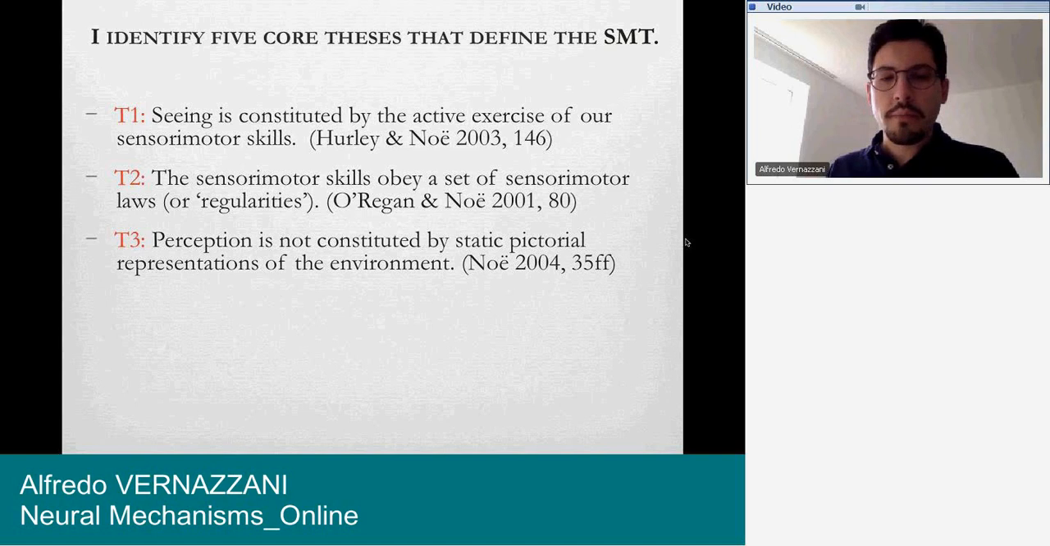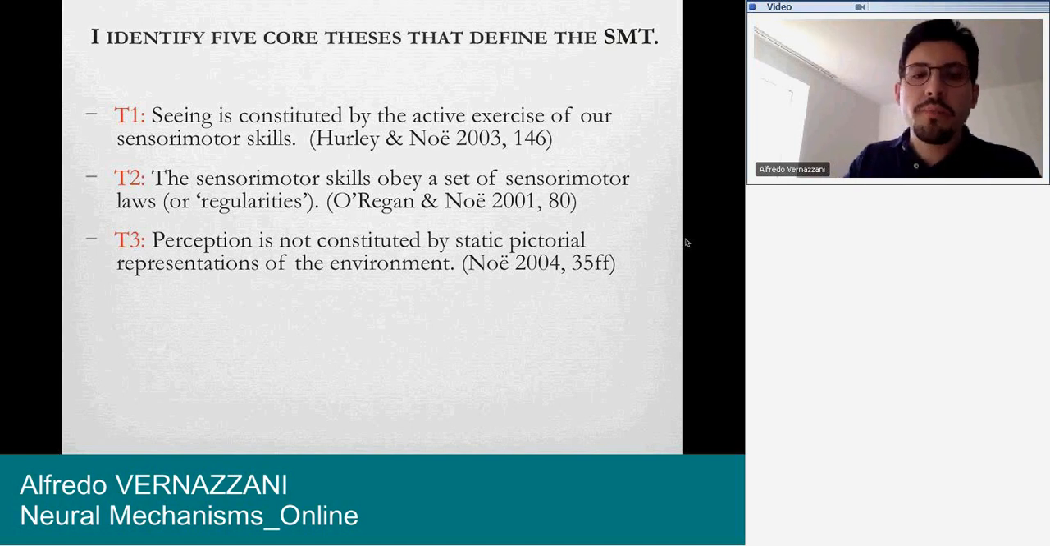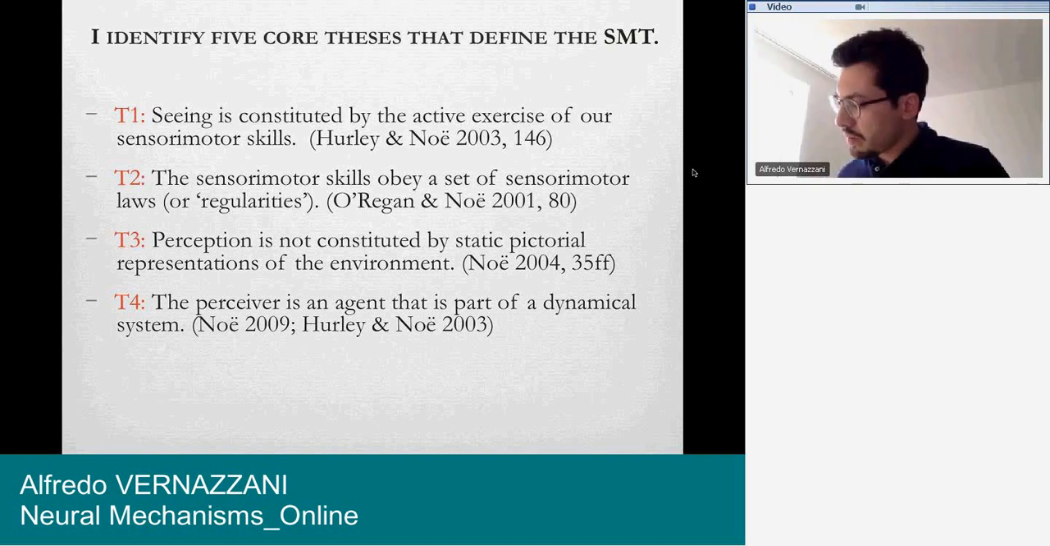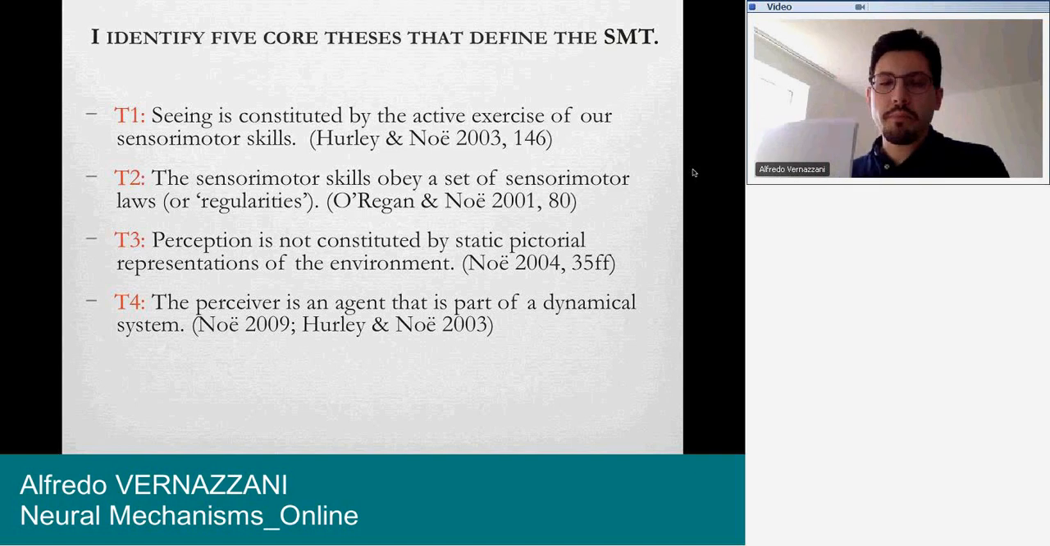This claim might be controversial and will be one of the central parts of the discussions afterwards about the role of representations in the sensorimotor theory. The fourth thesis says that the perceiver is an agent that is part of a dynamical system. Actually, in many publications, Alva Noë especially, and also together with Susan Hurley, stress that perception is a kind of